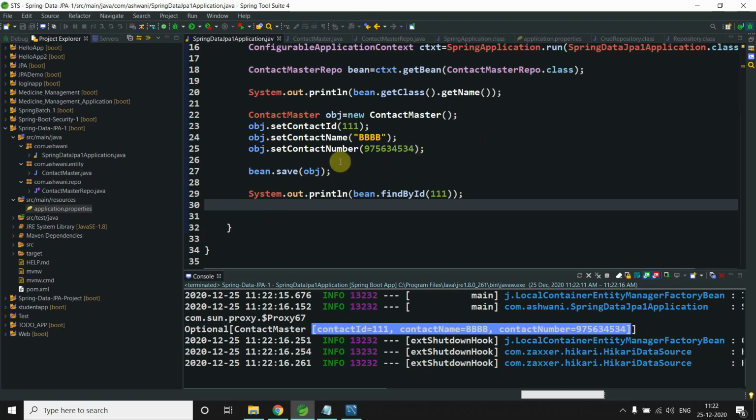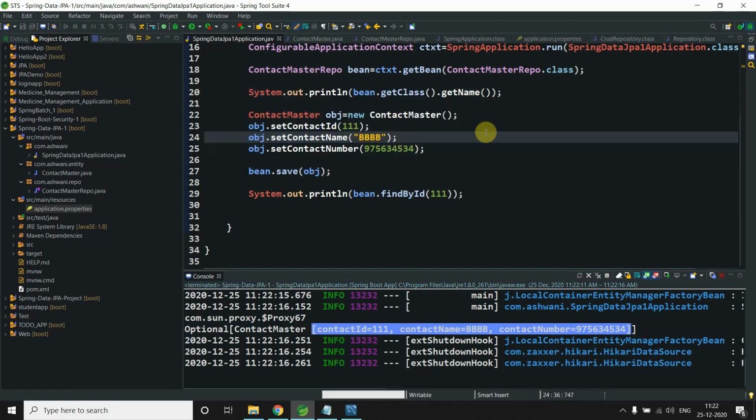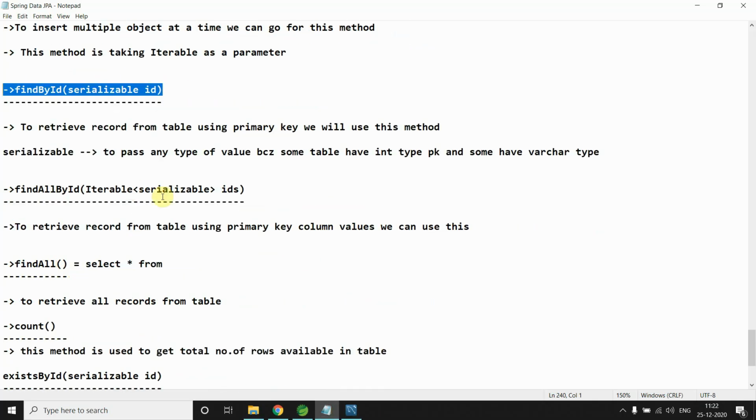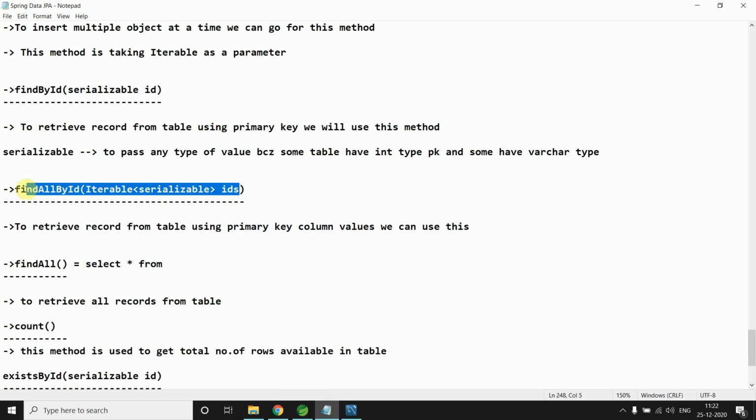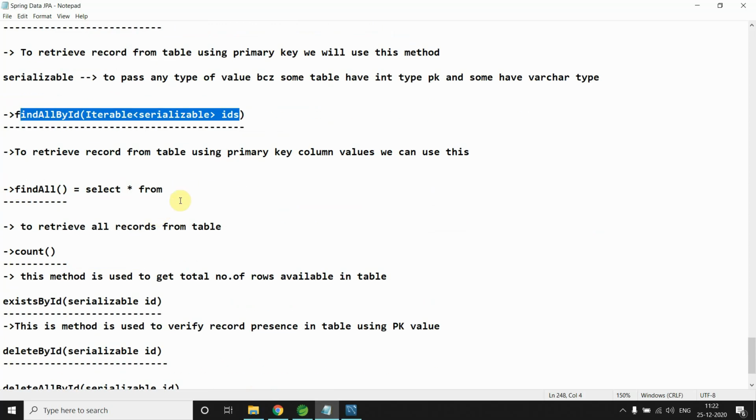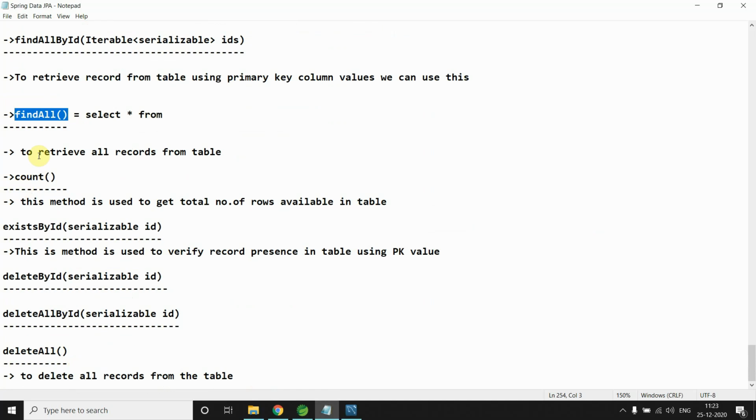Got it? This is a way of retrieving data, and this is a way of saving data, right? So all the methods, like we saw findById and findAll, we have to pass here the retrieval, like an Iterable, Serializable ID. You just pass the ID, it will find the object. findAll is like select star from table name, a similar method, and it retrieves all records.